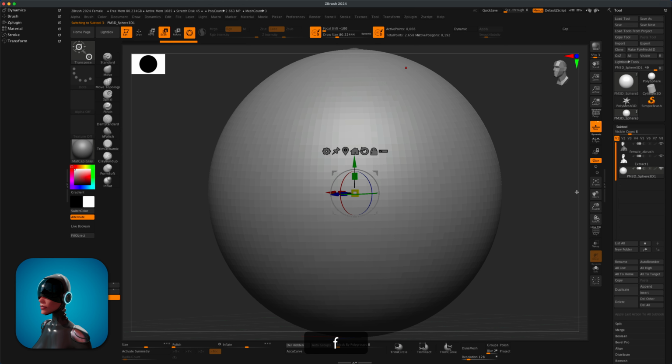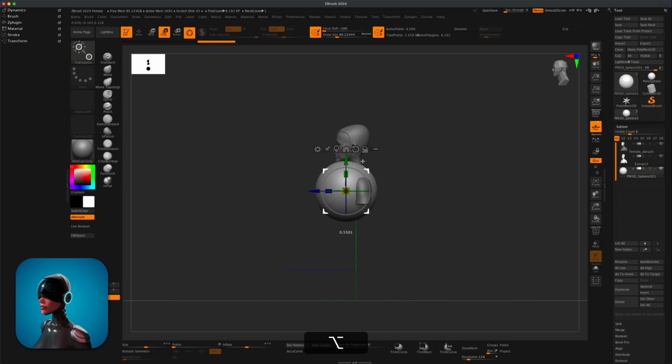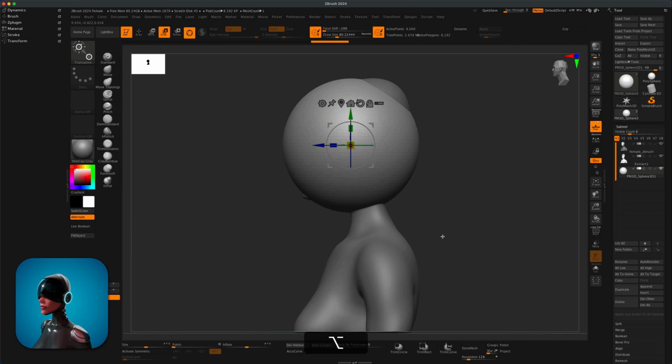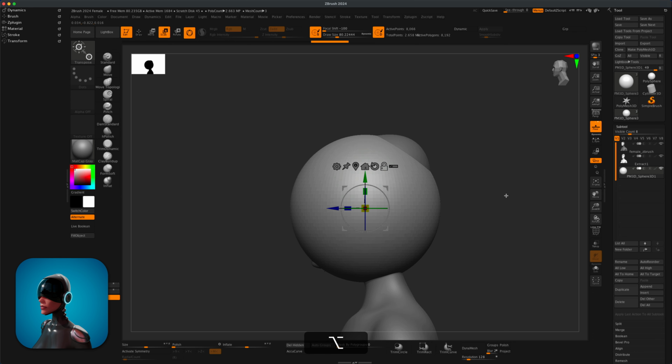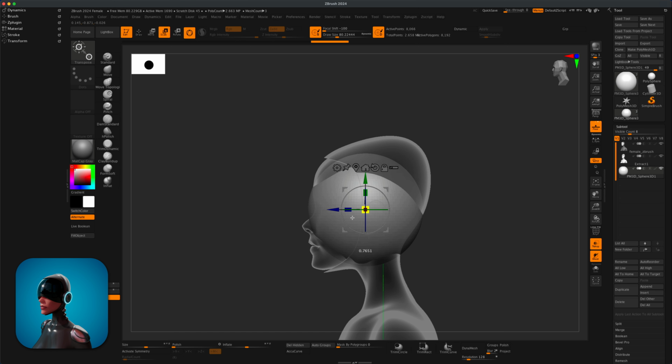We can press F if we needed to, and we can just scale this to something smaller. I can also turn on transparency,